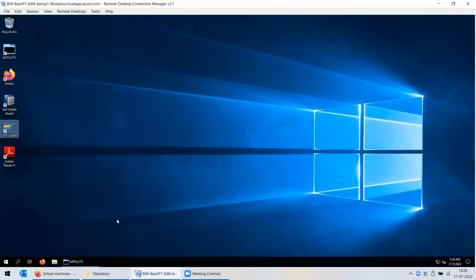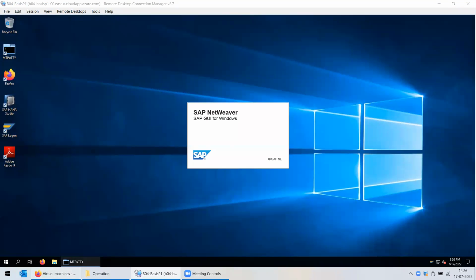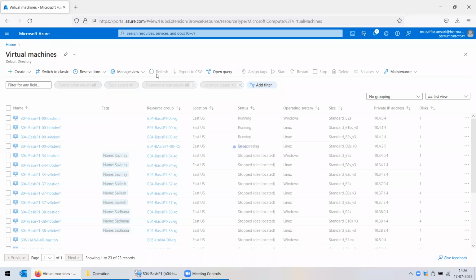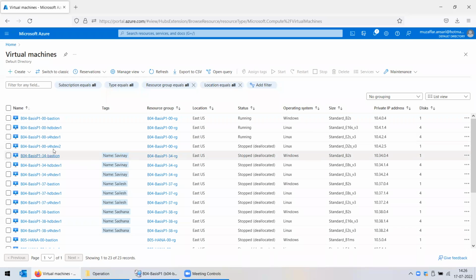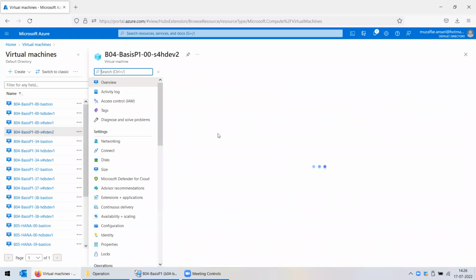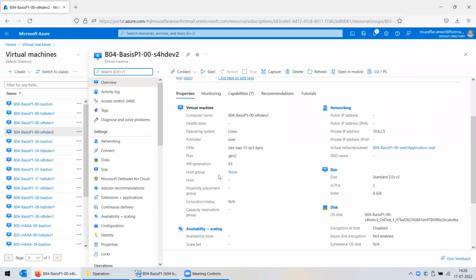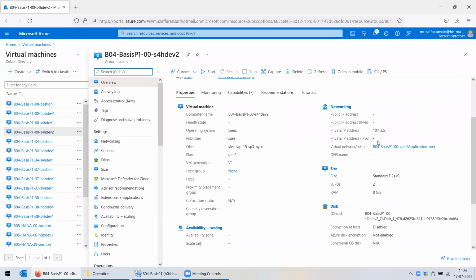Okay, so today we are going to do some troubleshooting. That is the reason I shut down the additional application server. I'm going to change the size of this additional application server. So right now the size of this VM is